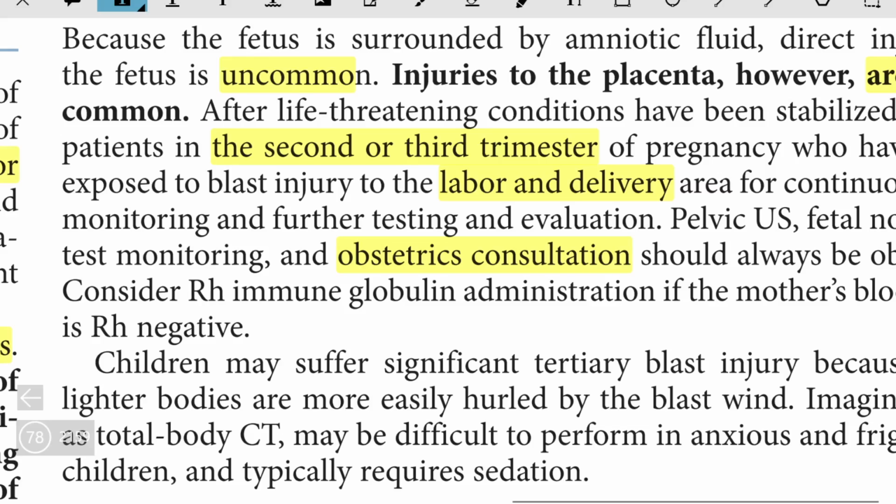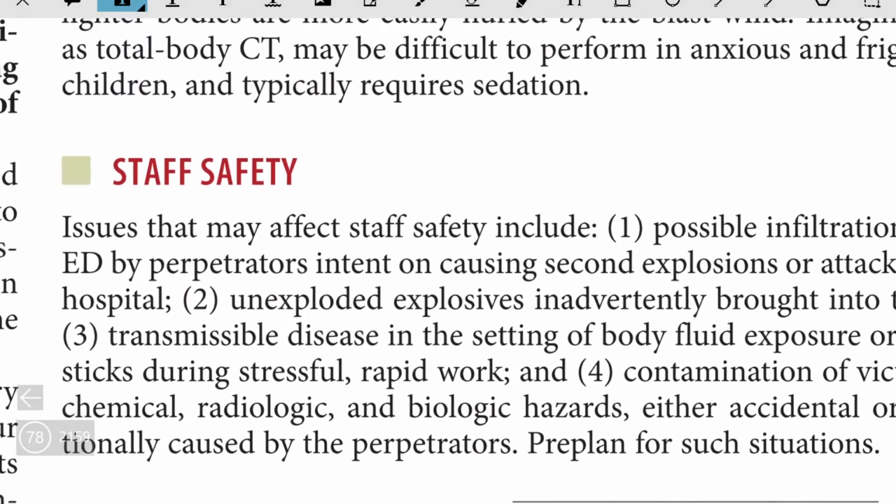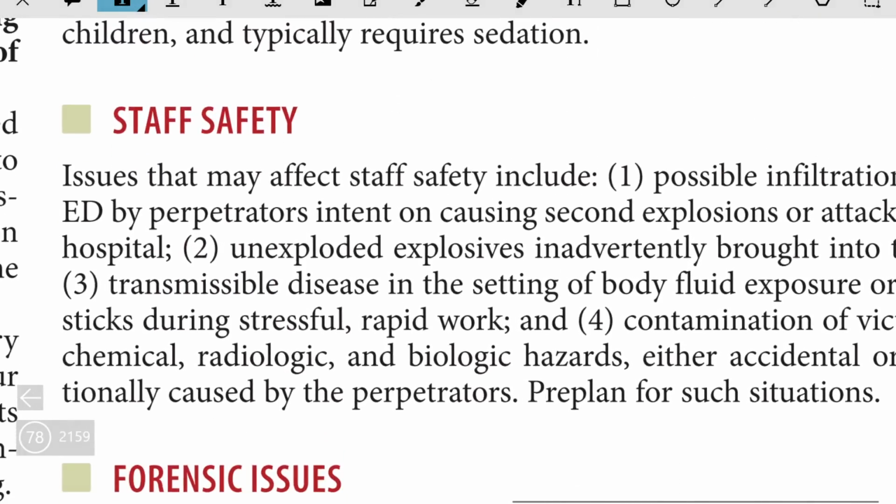Consider Rh immunoglobulin administration if the mother's blood type is Rh negative. Children may suffer significant tertiary blast injury because their lighter bodies are more easily hurled by the blast wind. Imaging such as total body CT may be difficult to perform in anxious and frightened children and typically requires sedation. And coming to staff safety, issues that may affect staff safety include possible infiltration of the ED